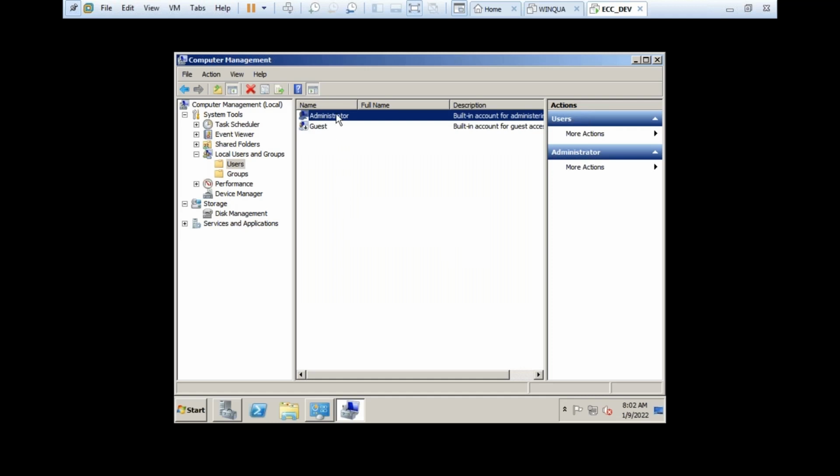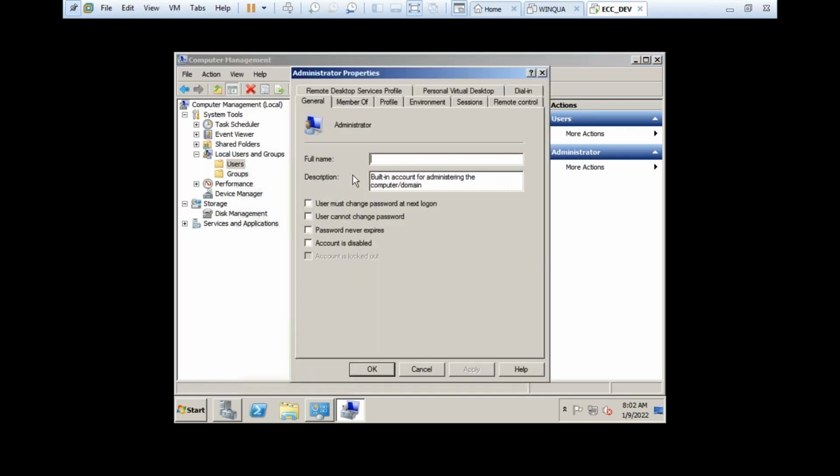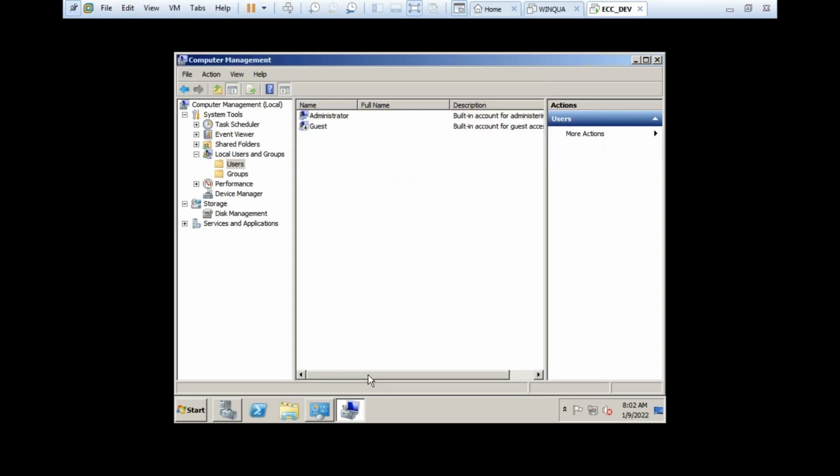Then you have to make some changes over here. Properties: user cannot change password, password never expires. Otherwise the password expires after 6 months and you have to change it. User cannot change password means the password stays final. Otherwise the user will change his password if you give him permission, and then you don't know what the password is. So we change this also.